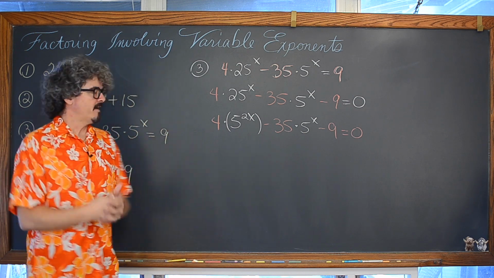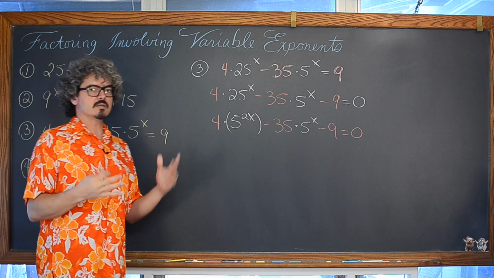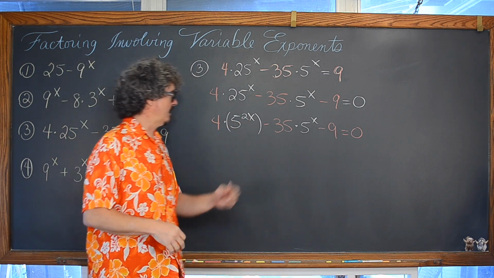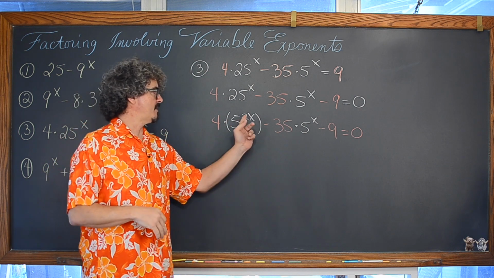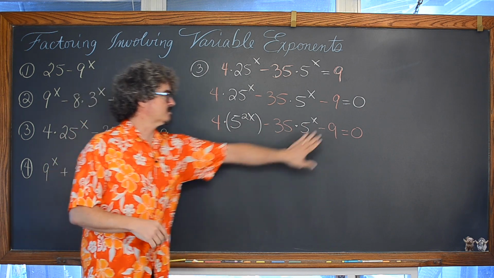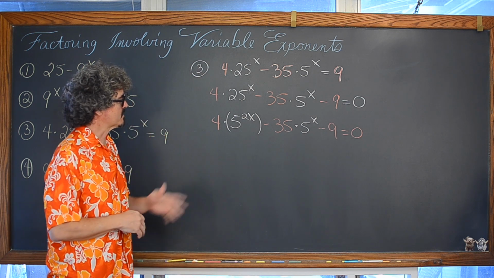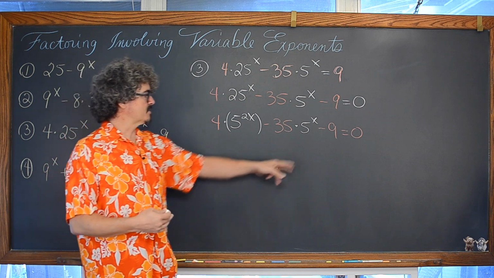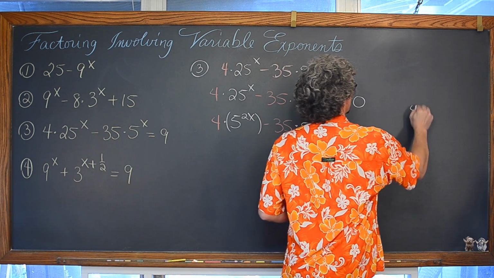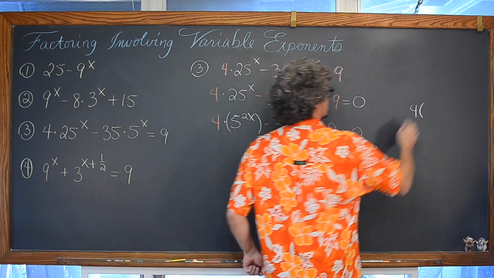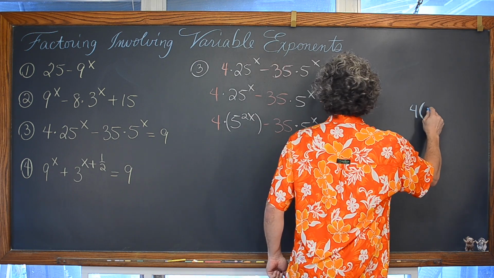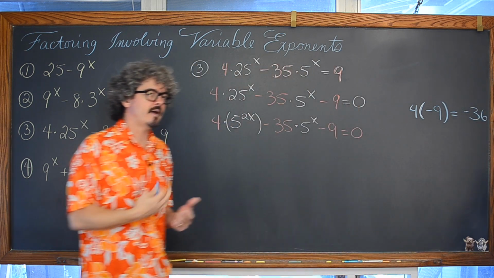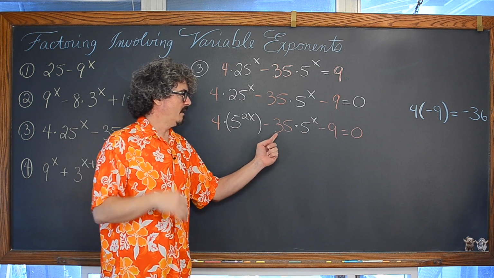Now, you're watching an advanced factoring video, but in case you need this, and I actually need to do this anyway for myself, whenever I have a quadratic pattern, we have 3 terms, and we have that common base of 5, and this power is twice as big as this power, and then there's no base of 5 left in the last term. I like to go through this process: we take the leading coefficient and the constant and multiply those together. So we have 4 times negative 9 is negative 36, and now I'm going to be looking for factors of negative 36 that add to negative 35.